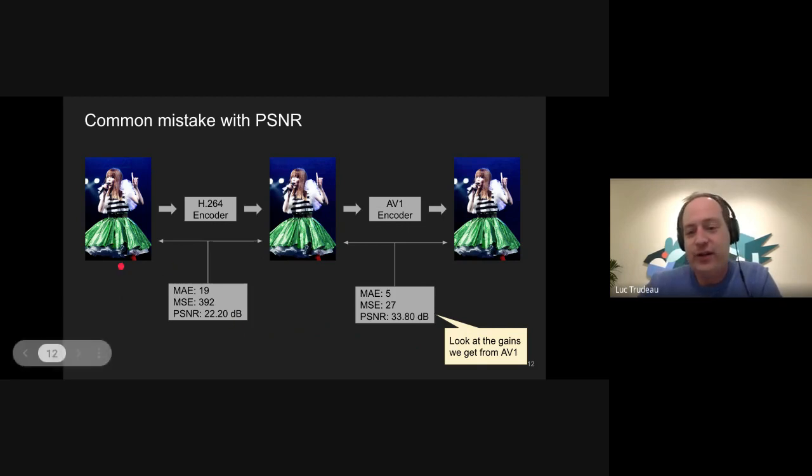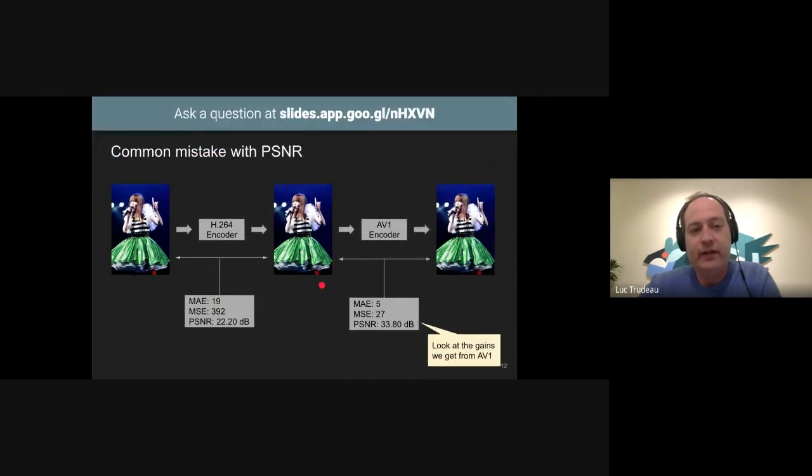Let's imagine you're at a show or something and you're taking a picture or a video with your phone, and that phone has a hardware H.264 encoder, right? So we're the engineers working on this platform, making this possible. So we measure the PSNR and the MSE. We compute it on the source and then the encoded image with H.264, and we get a PSNR score of 20.20 dB.